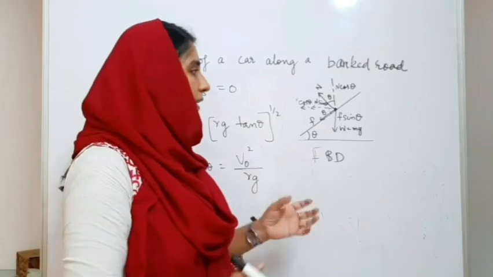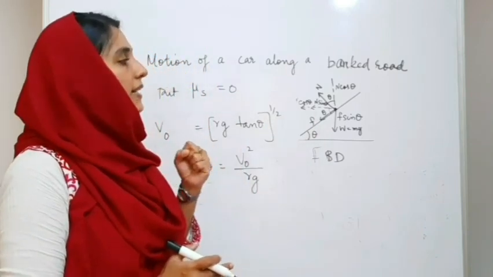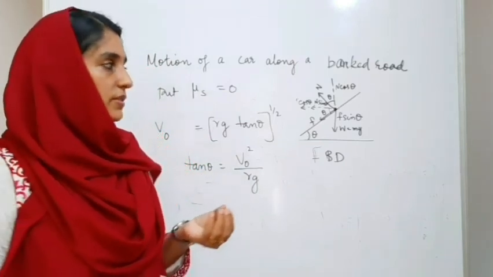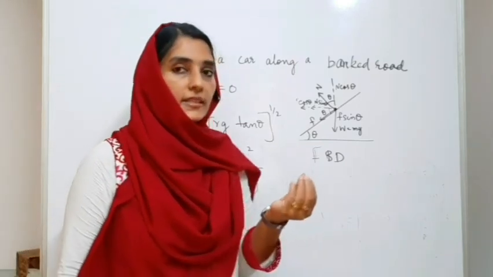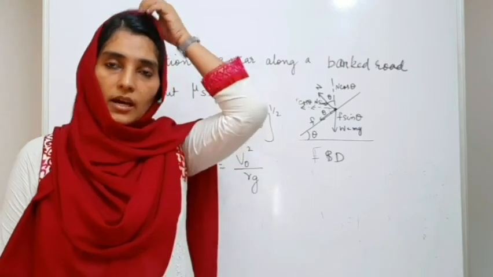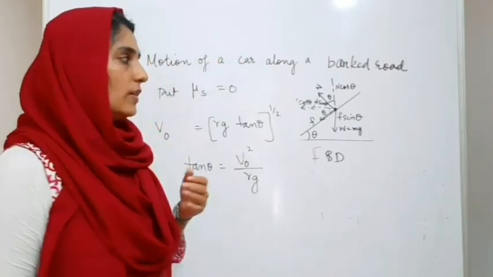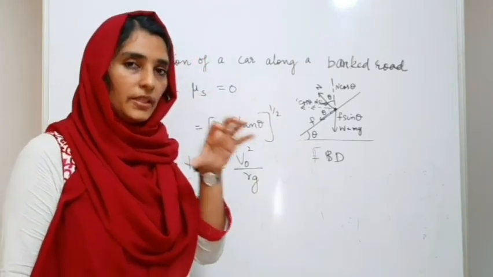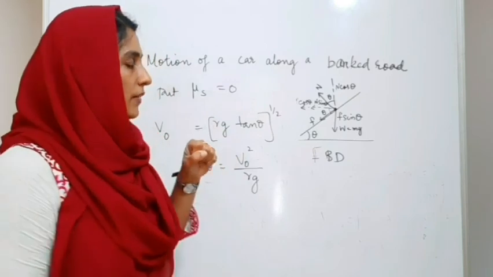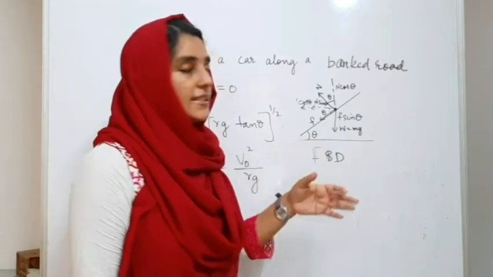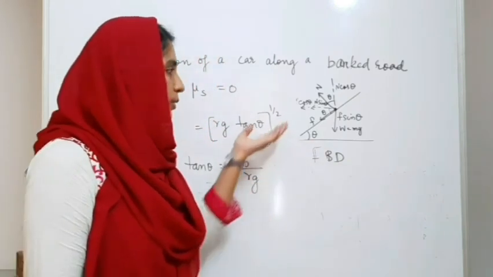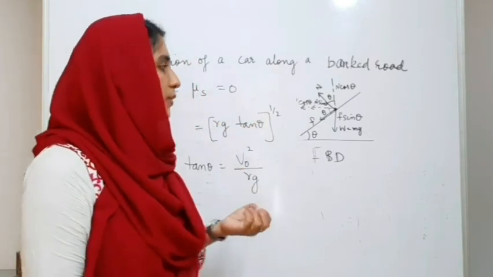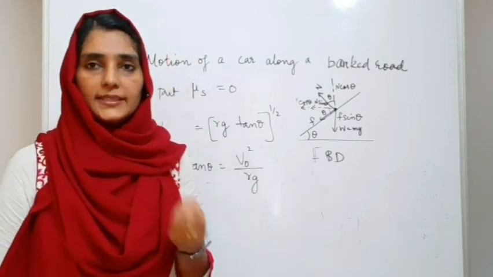The basic idea behind this derivation is that in the first case, only the frictional force provides the necessary centripetal force, so that the car doesn't skid off while negotiating a circular path; it has to move with that particular speed in order to go without skidding. Then in the banked case, the speed rises to a particular value because there is some additional component of force which provides the necessary centripetal force.